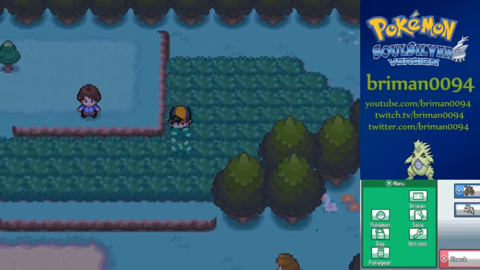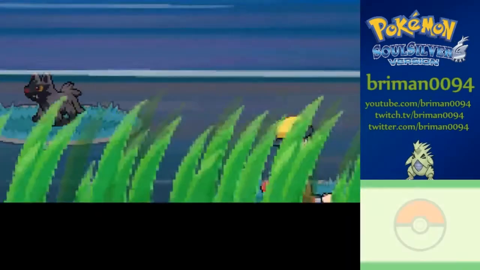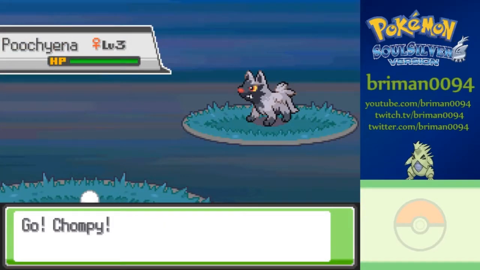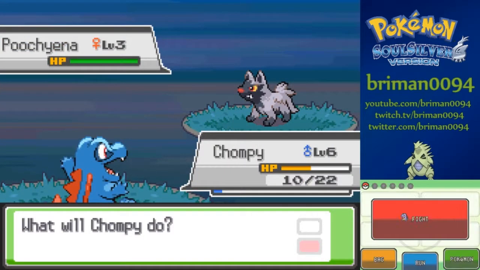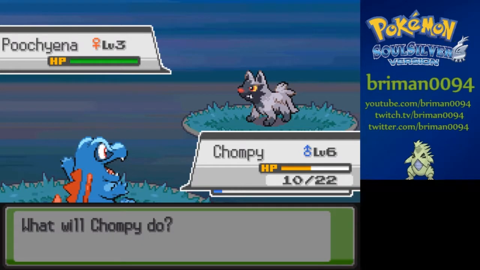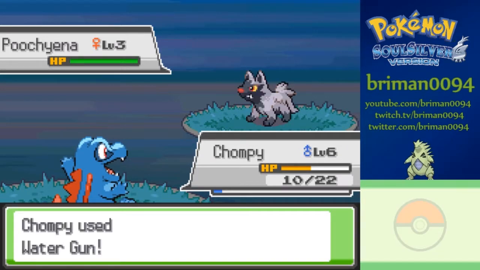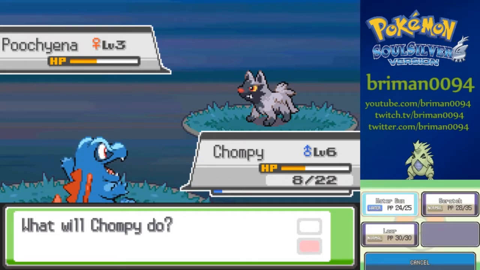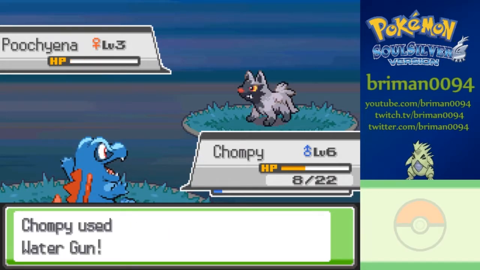Alright. Oh my gosh, every 2 steps I get a wild encounter. Oh look, it's a Poochyena. Cool. I don't think I have Pokeballs. No, I don't. Dang, because I actually do like using Poochyena. Because he's dark type. I always used to think he was a normal type, but he's a dark type, and